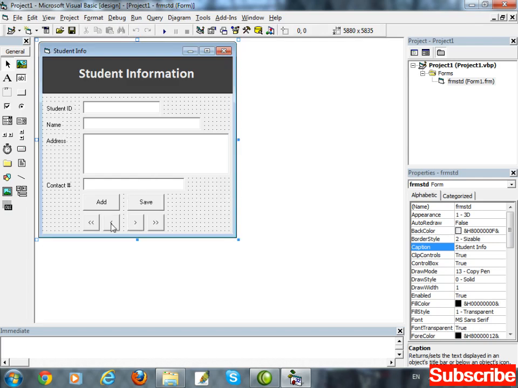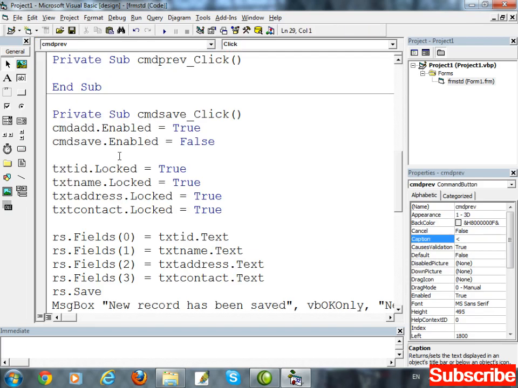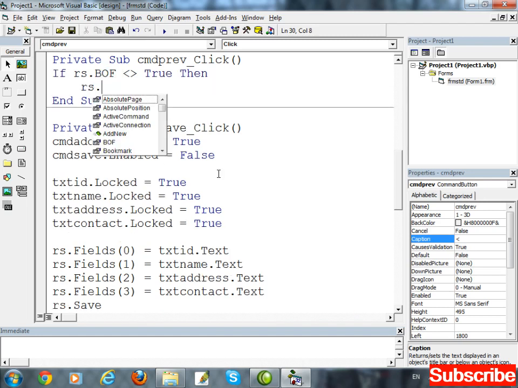Double click on the previous button and here write: if rs.BOF is not equal to true, then do what? Keep moving to the previous record. This symbol means not equal to. If rs.BOF is not equal to true, keep moving to the previous record: rs.moveprevious.